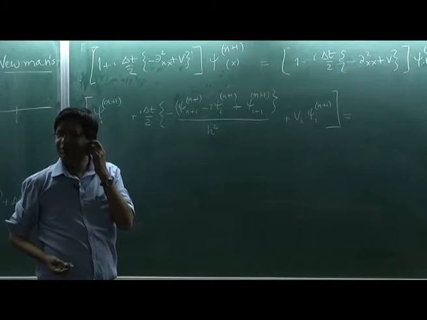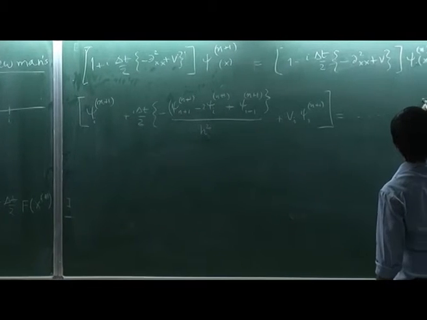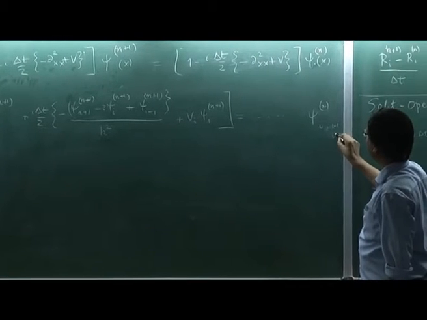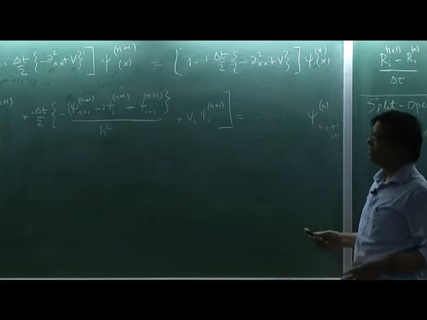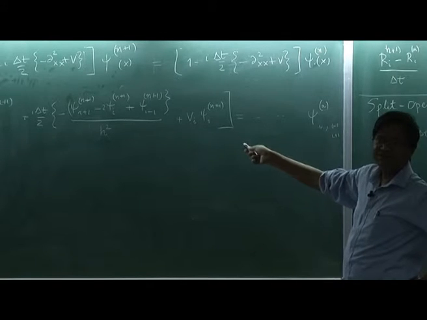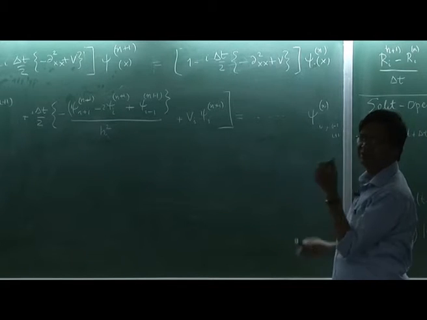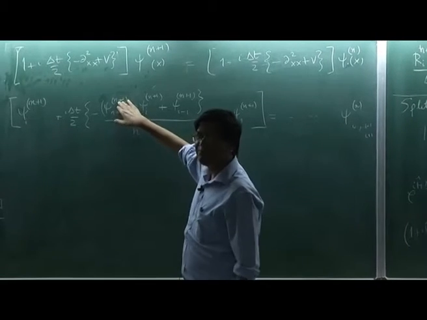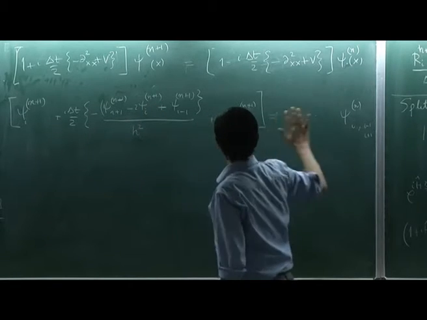And the same thing on the right hand side, but the right hand side is a function of time t. So it is a similar expression, but these are all functions of ψ at n, at i, i plus 1 and i minus 1. So what do I get? This you have seen before, this expression. How will I solve a coupled equation like this? Please remember that I have to solve for ψ at n plus 1, at time t plus Δt. So this is my unknown, and this part is known, given to me.